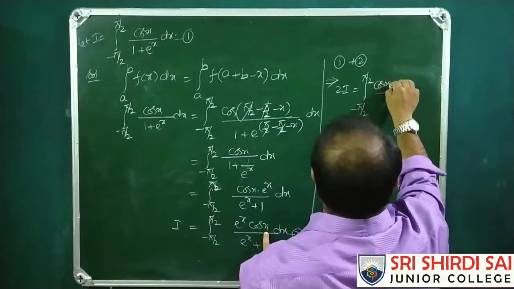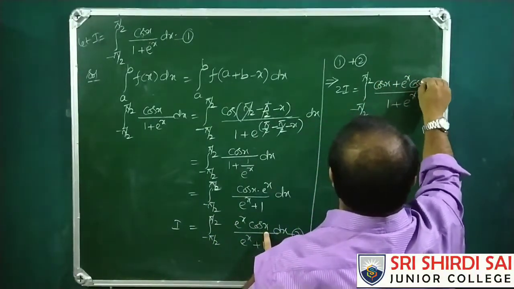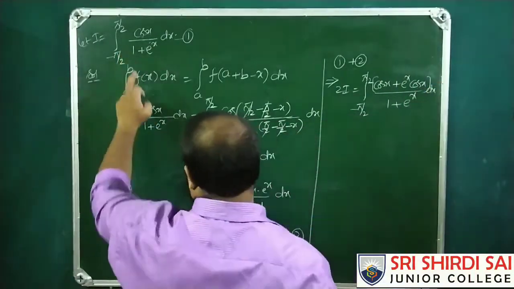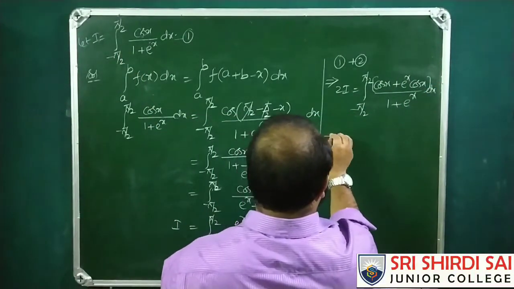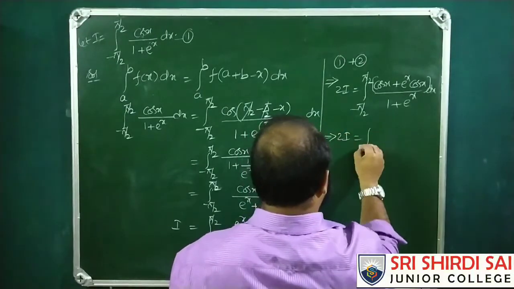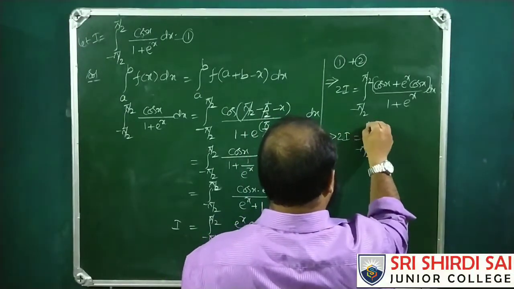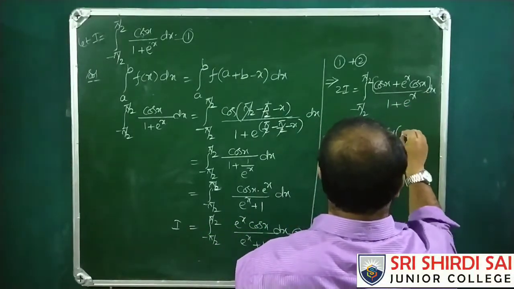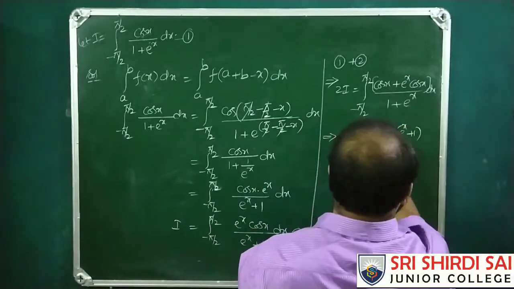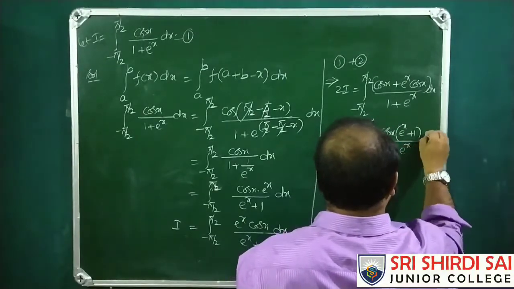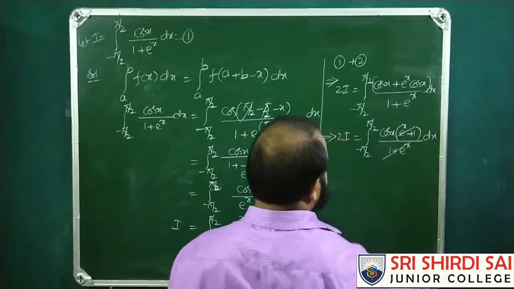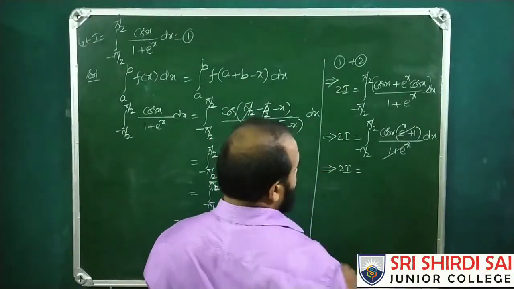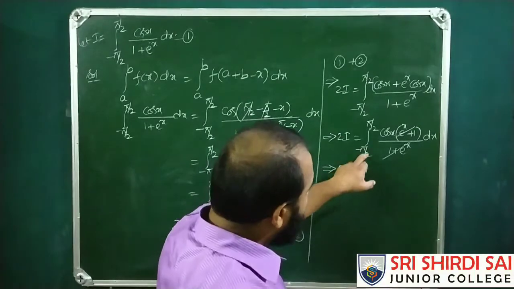In this way I have added both of them, this as well as this. So 2I is equal to integral minus pi by 2 to pi by 2. Take cos x as common. So (e power x plus 1) by (1 plus e power x) dx. This gets cancelled. So 2I is equal to integral minus pi by 2 to pi by 2